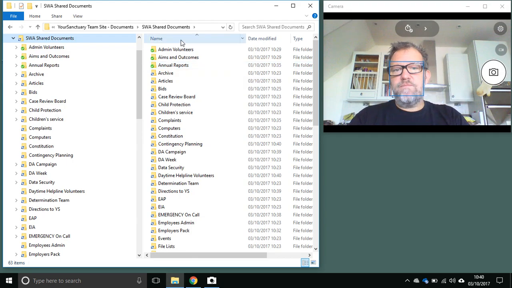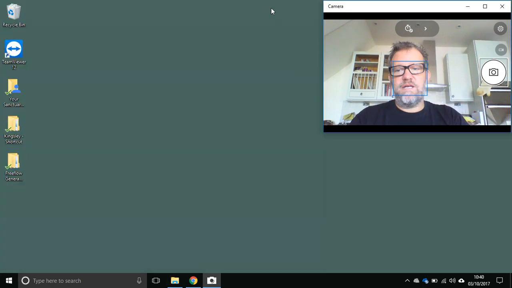So a couple of things to note is that you will lose all of your desktop shortcuts, and I appreciate that may be, for a wee while, a little bit, what's the word, maybe annoying. I don't know. To some users, I hope not. But I'm going to show you how to reset up those desktop shortcuts, and show you how TeamSite or SharePoint and OneDrive will allow you to reset those up, and it's down to you to set those up how you want, because each user is going to have a different setup from one another.